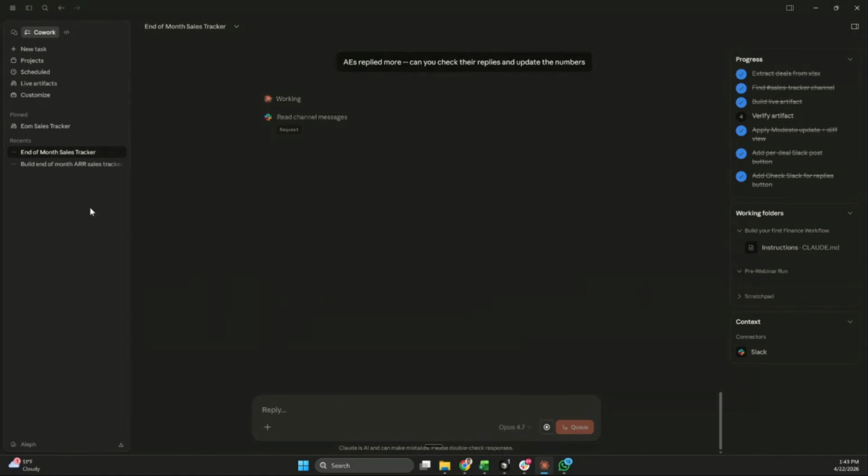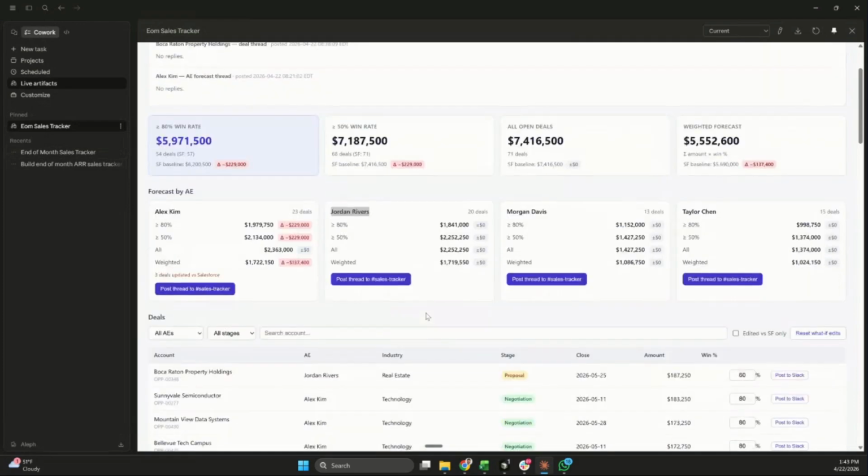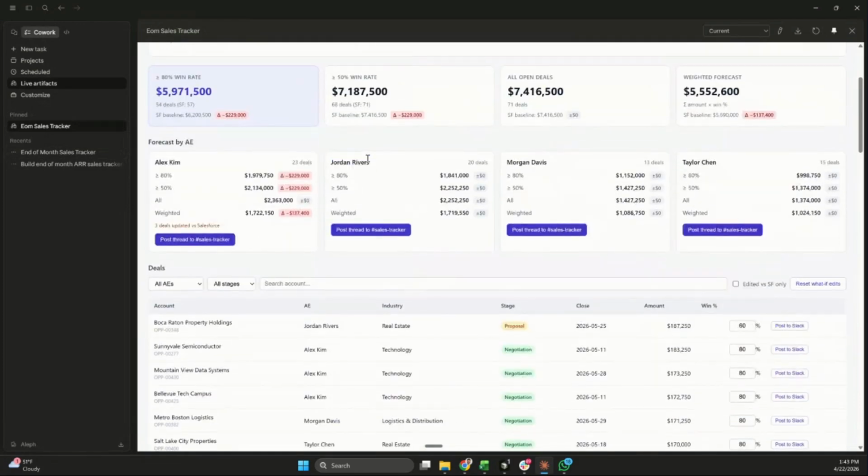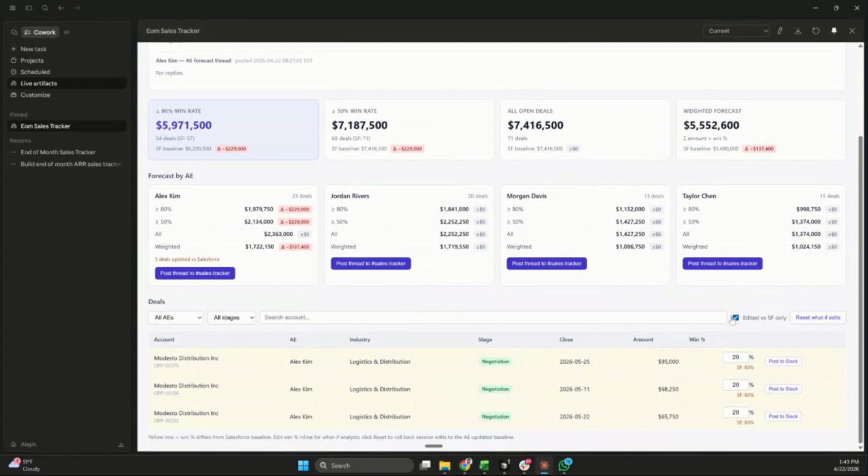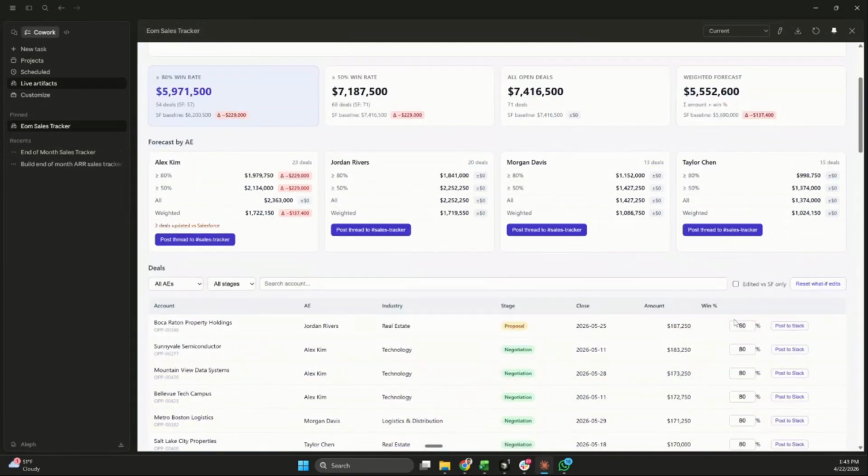It will update the numbers for this Winston-Salem. So I would expect that when it finishes, you can see here we had a filter for the ones that were updated, but in a minute or so, I'm expecting Jordan's numbers to actually go down because we edited that.